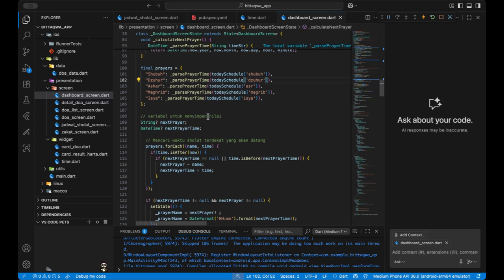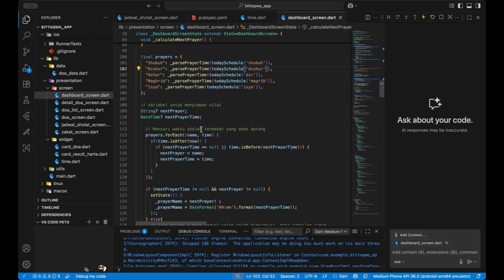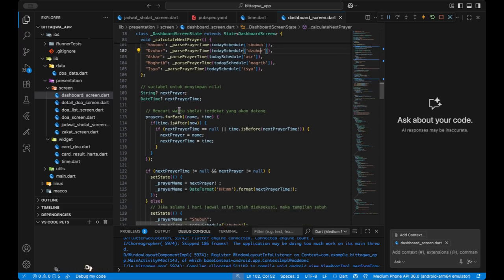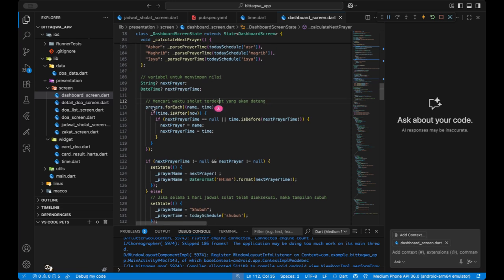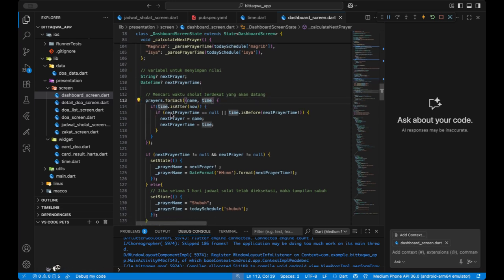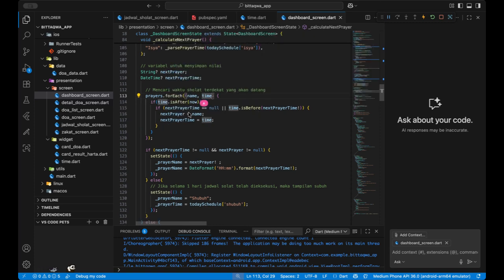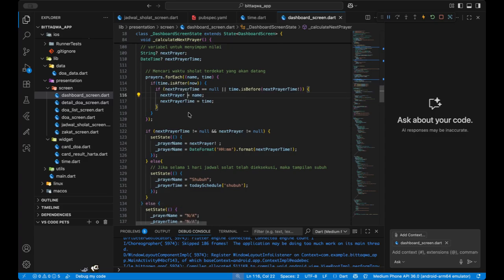And this is the variable to save the value, like the string next prayer and the date time next prayer time. And this is for searching the nearest time, ini mencari waktu salat terdekat yang akan datang. So this prayer has a name and time, the prayer time, and this makes it search the time.